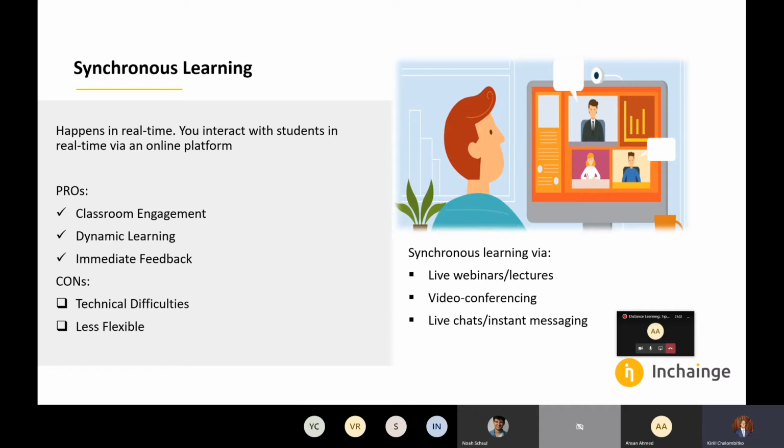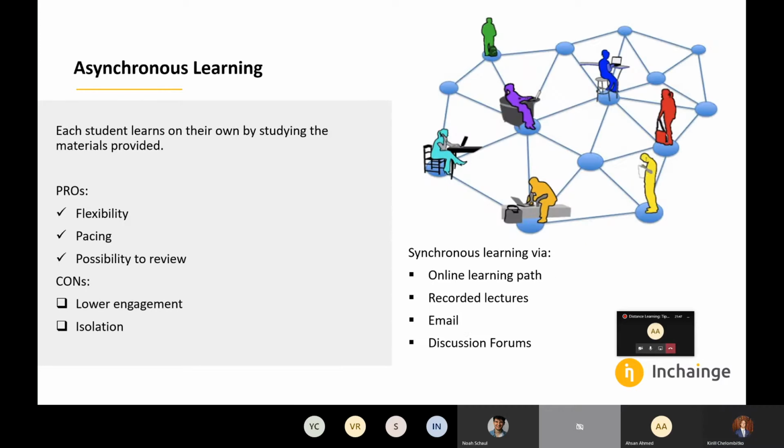And it's also possible to do it via live chats or instant messaging. So, for example, if there is just a discussion going on, you can have students go online and use a live chat to discuss a certain topic or an issue, and you can stir that discussion and leave comments. And so